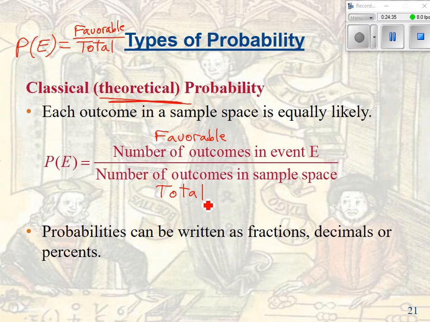We already talked about this. Probabilities can be written as fractions, decimals, or percents. This book, a lot of times, writes them as decimals. I like to write them as fractions. When you get out into the real world, a lot of times they're written as percentages. All right? When you watch ESPN,